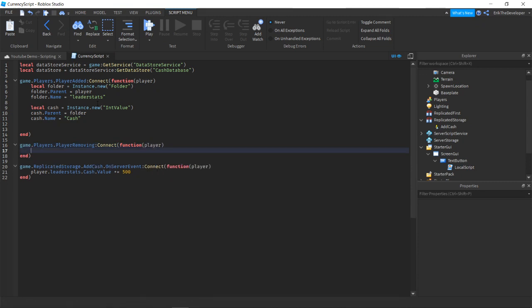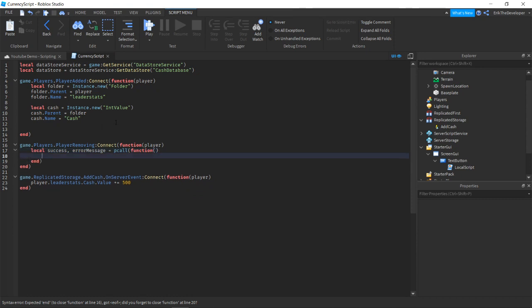What you want to do is use the SetAsync function, which is basically a function to save to a data store. Anyway, you want to say local success, comma, errorMessage, equals pcall. The pcall is basically an error handler. It handles errors and troubleshoots our data store for us. So I'm going to say equals pcall function, just like that. You can see it now says local success, errorMessage equals pcall function. And this function is where we are going to save our